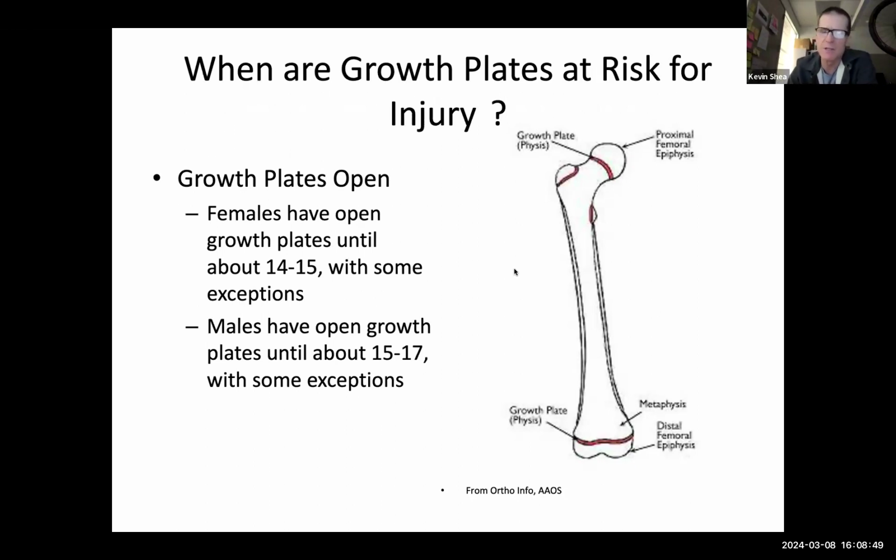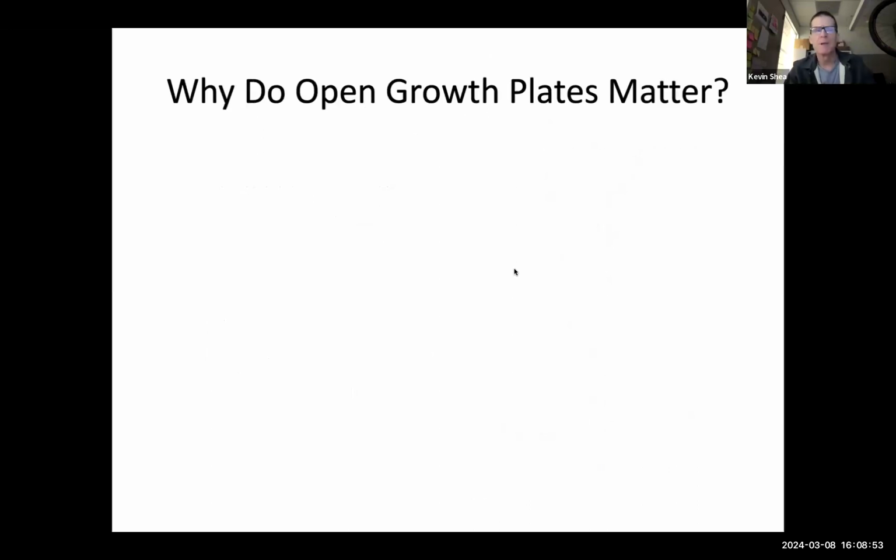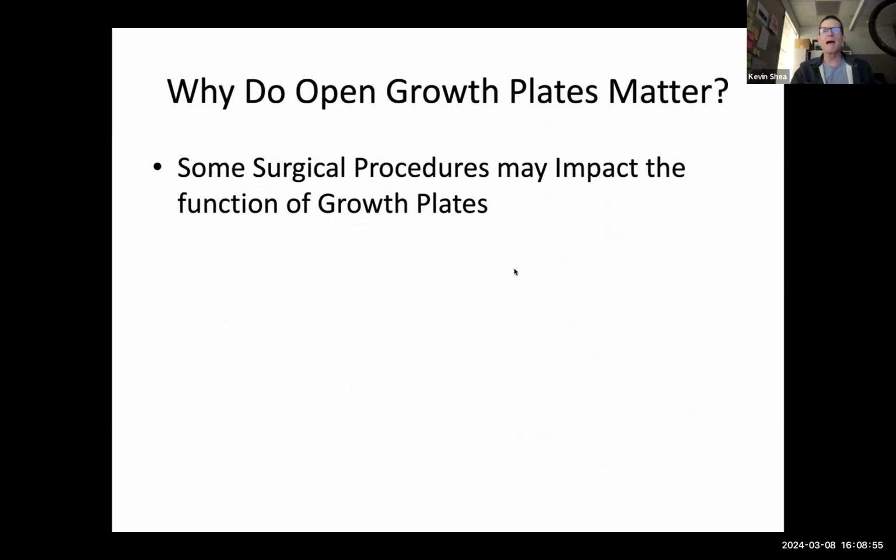So these are averages, but there's always exceptions. Some people stop earlier, some people stop late. Well, why do the open growth plates matter? Well, surgical procedures can inadvertently cause damage to the growth plate and affect the growth plate function, and that may